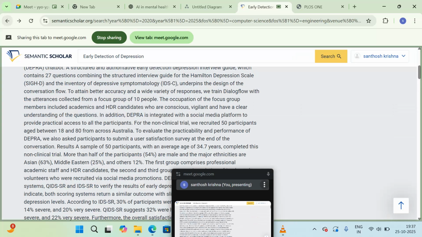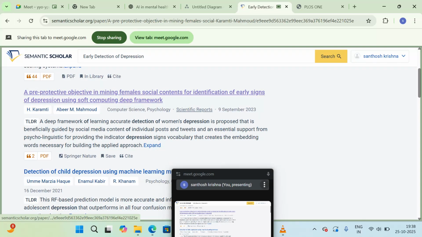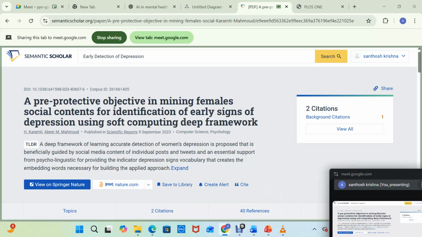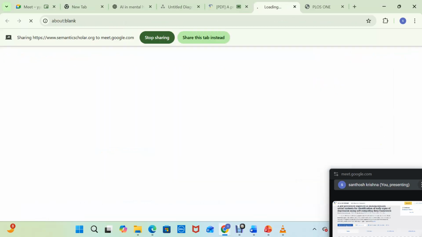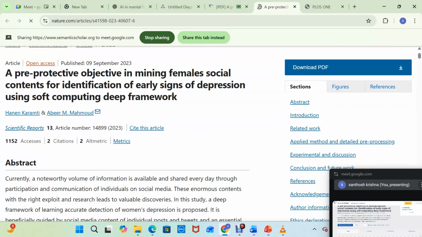Now similarly I'll go and see some other papers which are very important to me. I'll just see this paper. I can read this paper. I have a short summary here. If you want, you can read this short summary, or you can go with the long summary as well. And here they have given the direct link for verification. If you want to verify this paper, you can directly click on this and go to the particular website and have a look at the website as well.